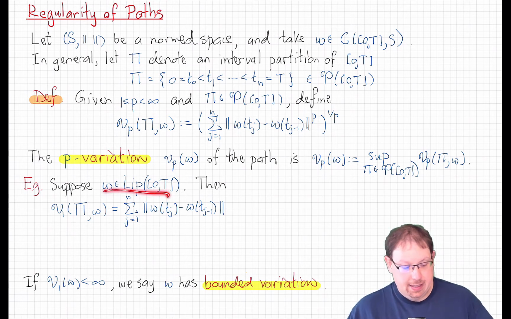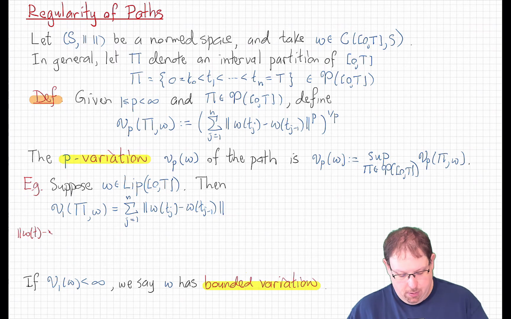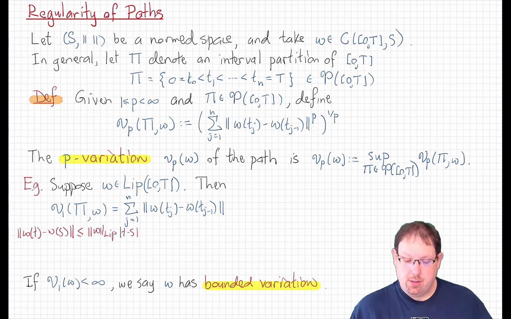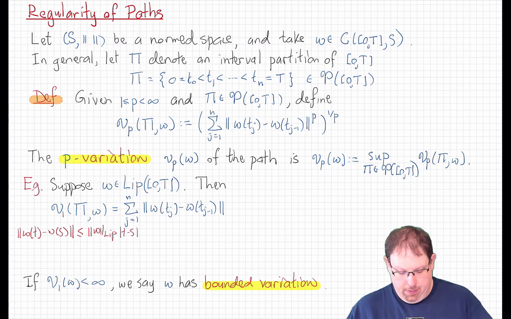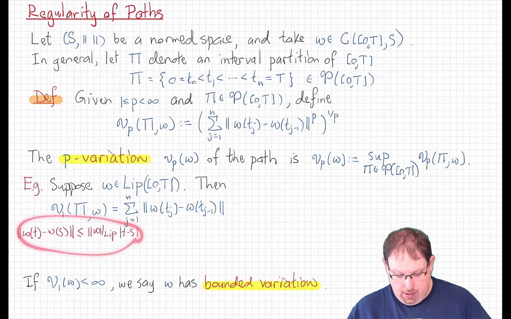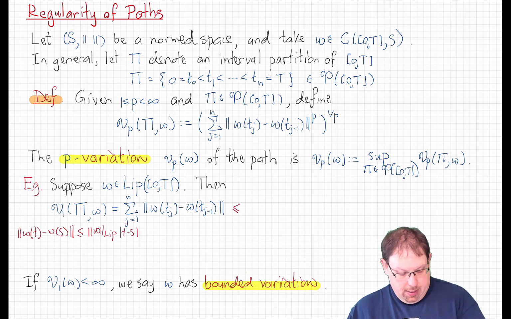Suppose that we have a Lipschitz path, which of course means that any increment, omega of t minus omega of s, is controlled by some constant, the optimal such constant being denoted the Lipschitz norm, times t minus s. Well, if that's true, we can estimate the p equals 1 variation of our path as follows. V1 of pi and omega is defined to be this sum here, and by the Lipschitz condition, each one of those terms is less than or equal to the Lipschitz norm, which I'll therefore bring outside the sum,